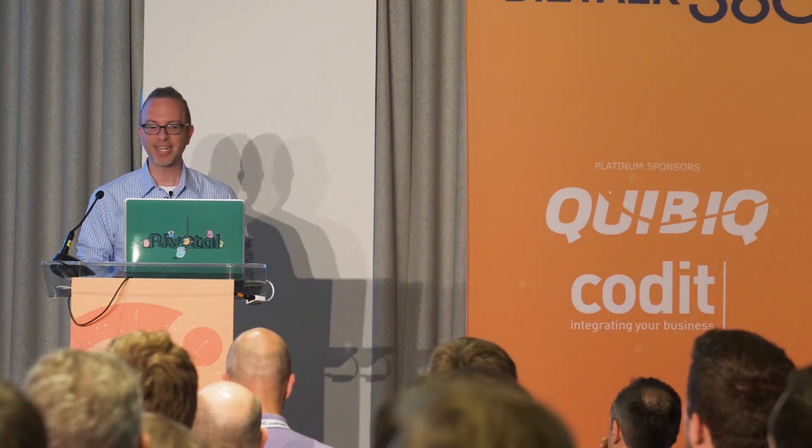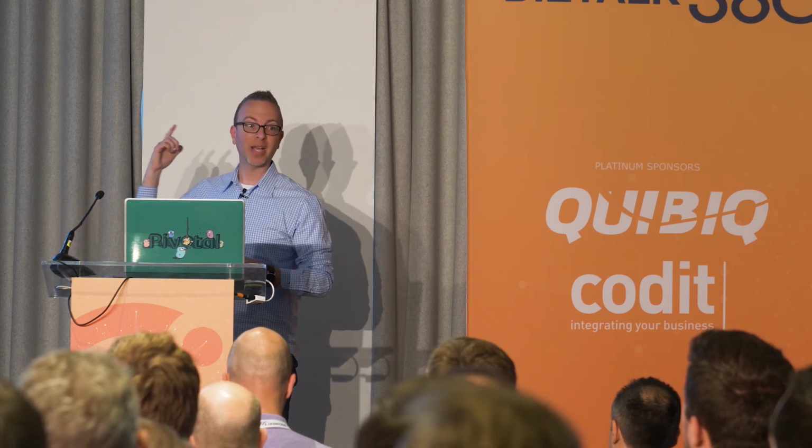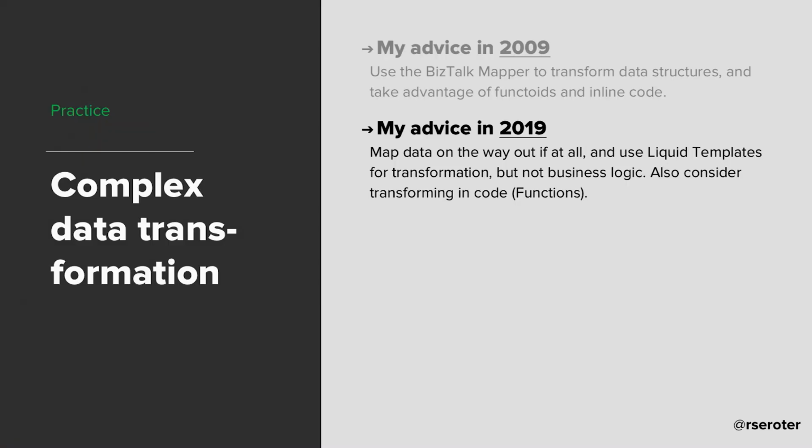But now I would probably say, map it on the way out, not the way in, and maybe not at all. Maybe we should stop having the middleware do all the mapping and instead rely on the clients to take the data in its raw format. Not mapping it on the way in, because now you've immediately lost whatever that initial message was. You've transformed it, maybe with good intention, but maybe I want the raw data and the subscribers decide if they want to transform it or not.